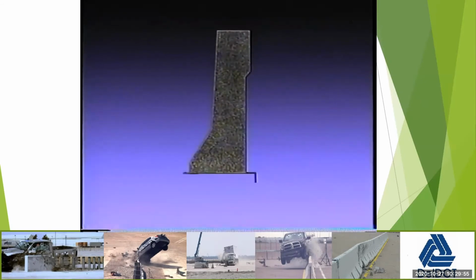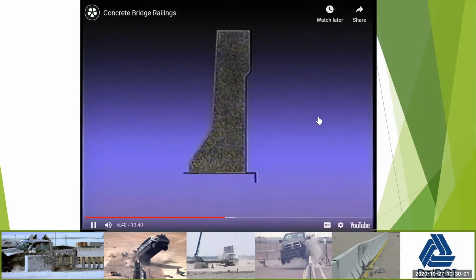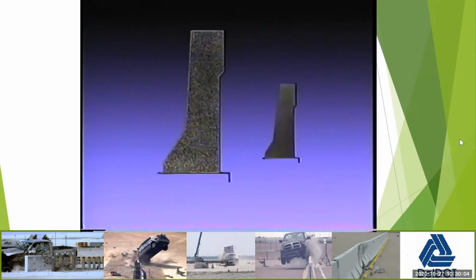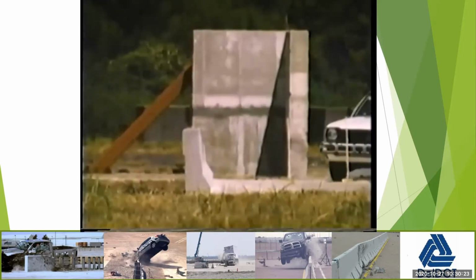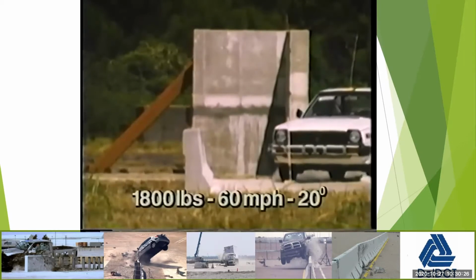Although the New Jersey shape is the most common shaped concrete barrier, it is not the only one. A research project in the mid-70s identified a number of alternative shapes. Alternative F, now commonly called the F shape, was identified as a promising candidate. The slope breakpoint of the F shape is 3 inches lower than the New Jersey shape. This slightly different profile provides many of the same benefits as the New Jersey shape while improving vehicle stability during impact. Like the New Jersey shape, the